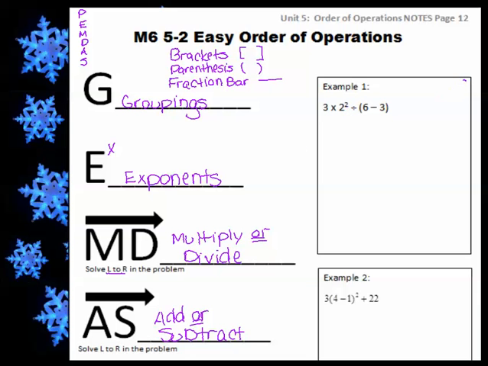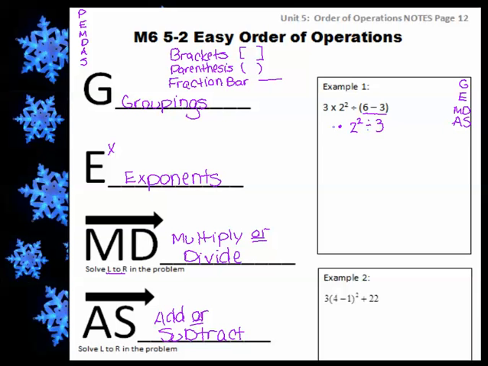I like to write GEMDAS off to the side just so that I can follow my order of operations. And I can cross them out as I go. So, our first question we ask ourselves, do we have any groupings? Well, we have groupings right there. So we're going to solve our groupings. 6 minus 3. Well, 6 minus 3 is 3. So I'm going to write that underneath what I solved, and then I'm going to copy down everything else that